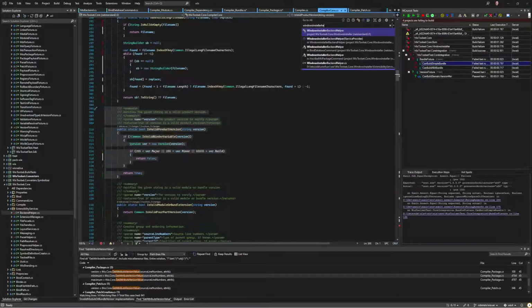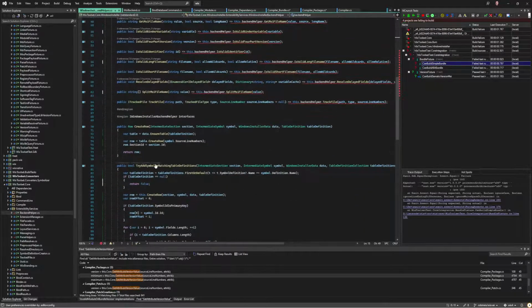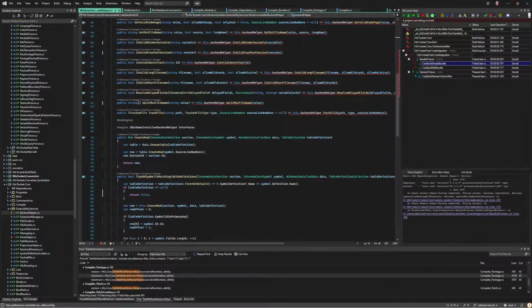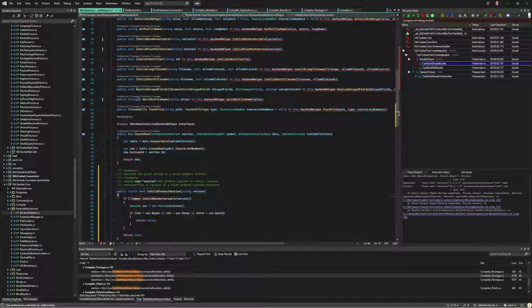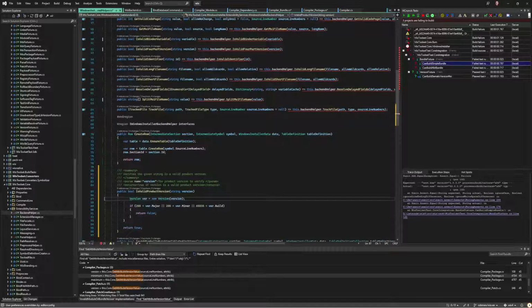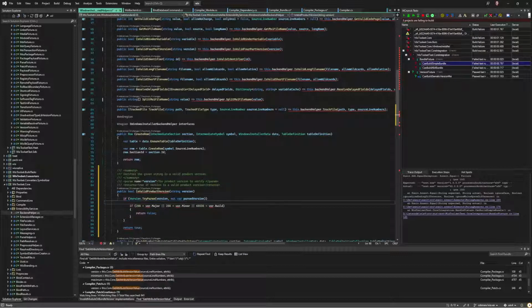Windows installer helper. Backend helper, that is. Let's see. How many do we have that are just us? Okay. Windows installer backend helper. We'll drop this one in here. Public bool is valid product version. If version not try parse version out of our parsed version. There we go, we'll do that. If parse version and